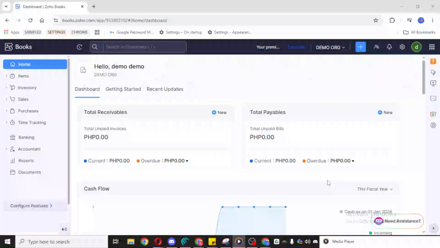In today's video, I'm going to teach you how to record expenses in Zoho Books. If you want to keep your financial records accurate and organized, recording expenses properly is an important habit. Zoho Books makes this process straightforward, and once you know where everything is, you can add new expenses in just a few clicks. In this walkthrough, I'll guide you through the exact process so you can follow along easily.